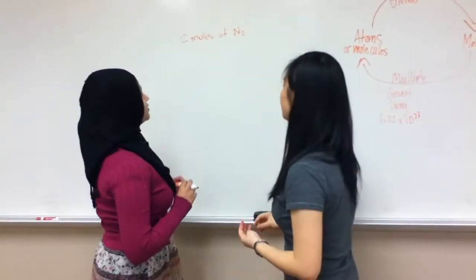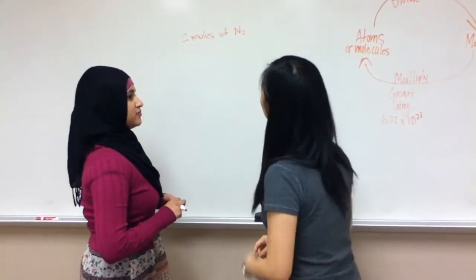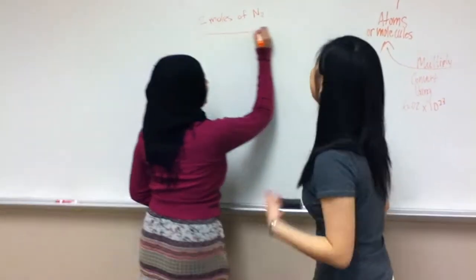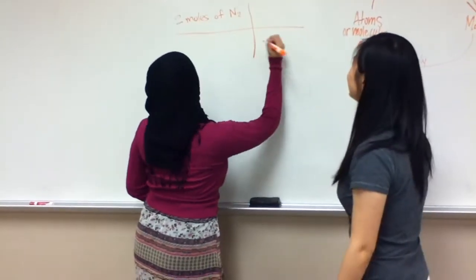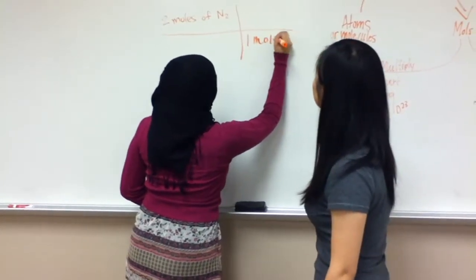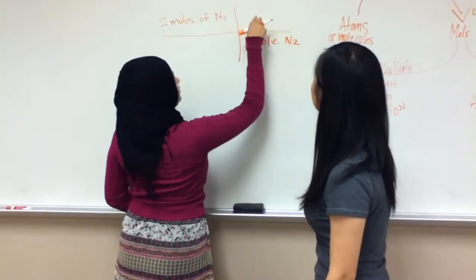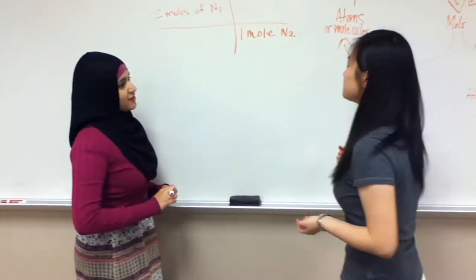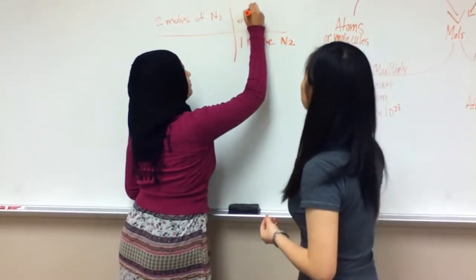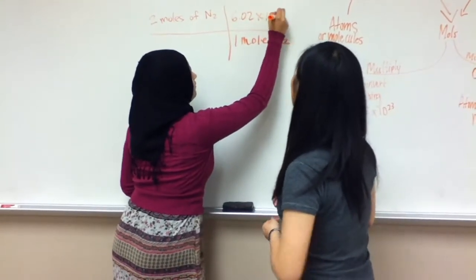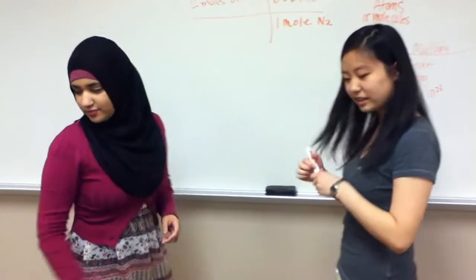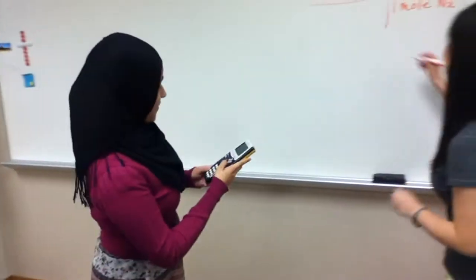So, do we start with Avogadro's number? No, you start with what the problem gives you. So, 1 mole and 2. Yep. Do we put Avogadro's number now? Yeah, because 6.02 times 10 to the 23rd atoms or ions is in 1 mole of any substance. So then you calculate that, and your answer would be